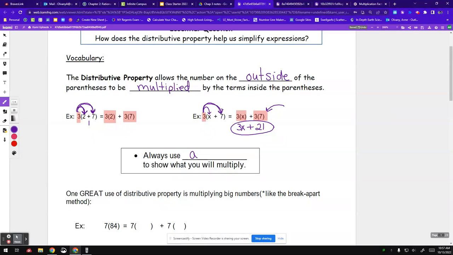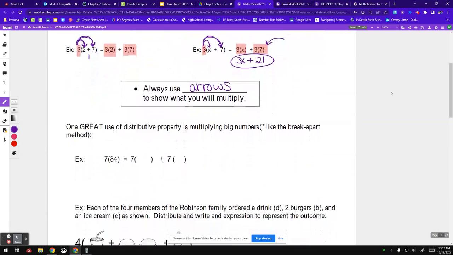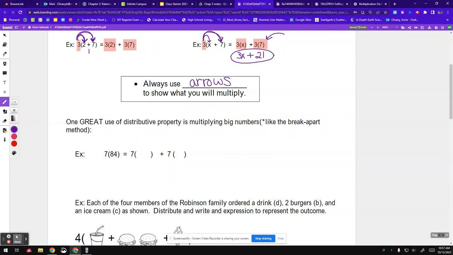We always use the arrows to show what you're going to multiply. It's a good visual reminder of what you're doing. It's really helpful, and you might have been taught it in the past, when you want to multiply something large. 7 times 84, okay, it would be hard for me to do in my head. And I would be like, 7 times 4 is 28, put down the 8, carry the 2. But if you break it up into 80 plus 4,